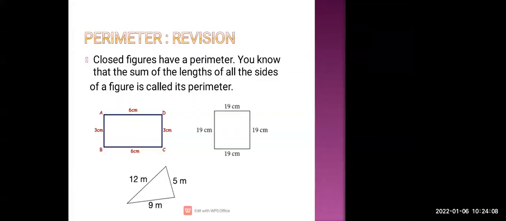We can see here the definition as well as how you are going to identify and how you are going to calculate the perimeter of a given figure. Perimeter means any figure which is closed, जो बंद होता है, not open, so that has a perimeter. Sum means here all the measurements of the length of all the sides of any figure, and that is our perimeter.